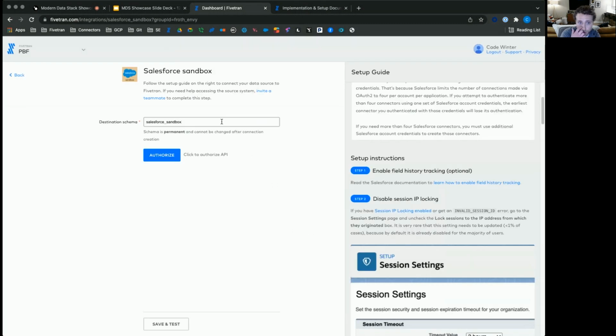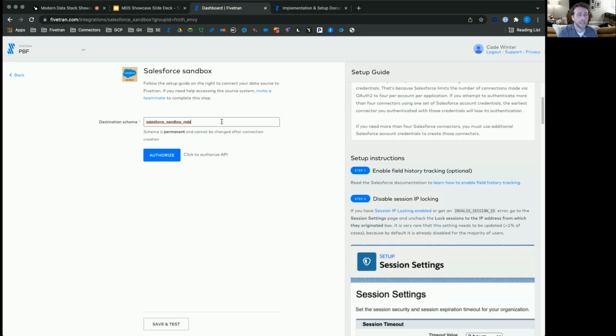And all I really need to do is give this a unique schema name. And this is because Fivetran is going to manage this schema in your destination. The schema itself and all the tables, Fivetran will create for you and manage. There's no need for you to go into your destination, create this beforehand or anything. Fivetran will create it for you, completely manage it for you, manage all the updates for you, like I mentioned,